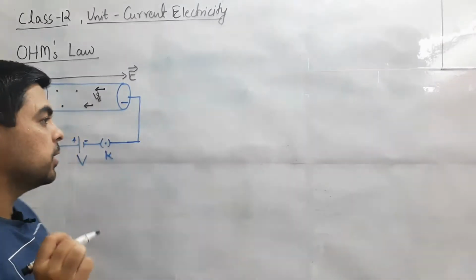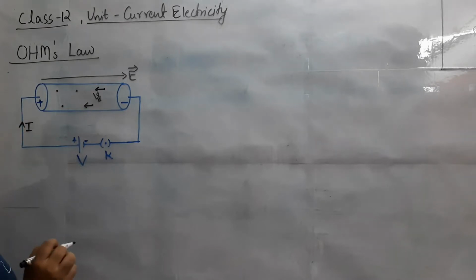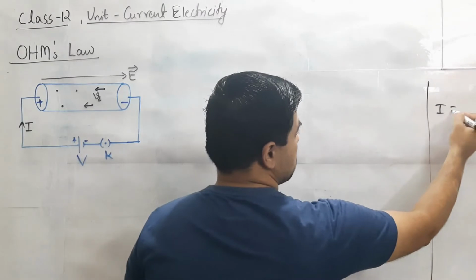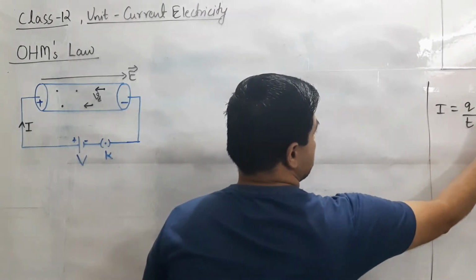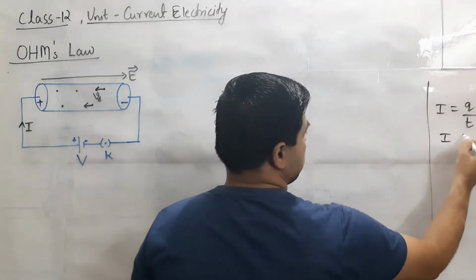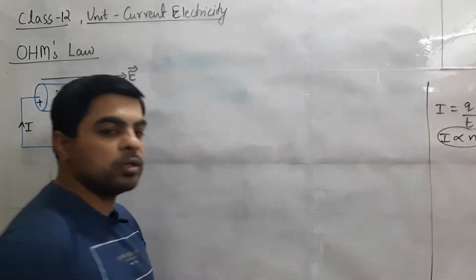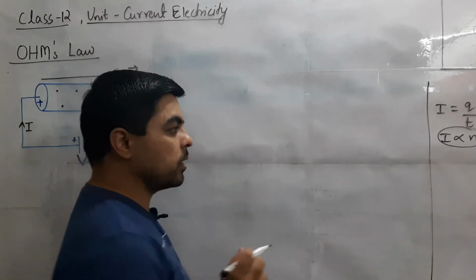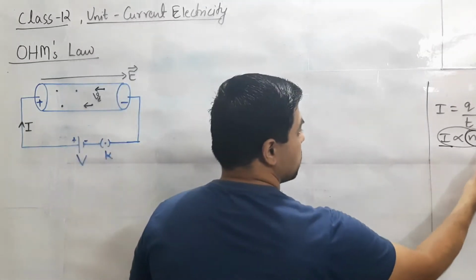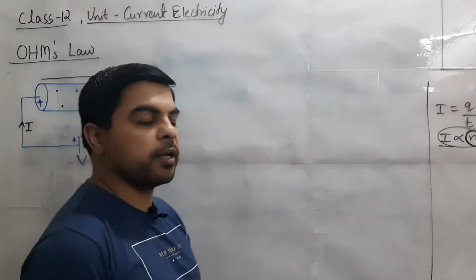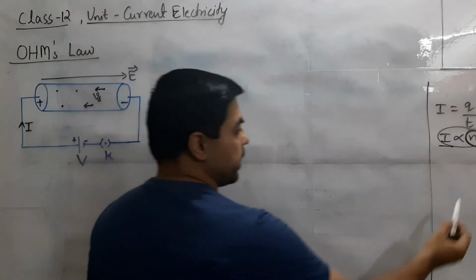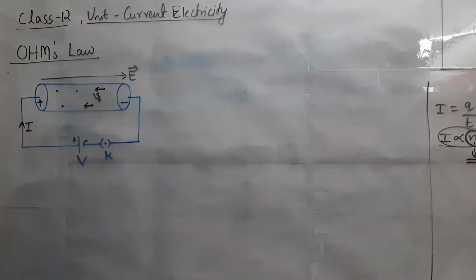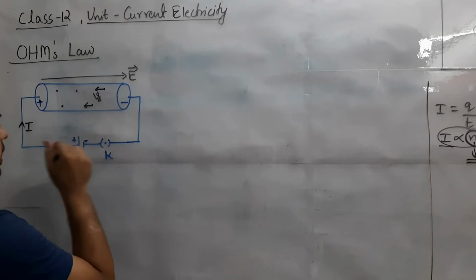Now we know that the value of electric current in the circuit can be expressed in this way. I is charge upon time, which can be split as Ne by t. So clearly we can say that the value of current depends on the number of free electrons which are moving in the same direction. So here current will increase only when the number of free electrons moving in the same or definite direction will be increasing, and to increase this we need more energy to bring the free electrons in a definite direction.